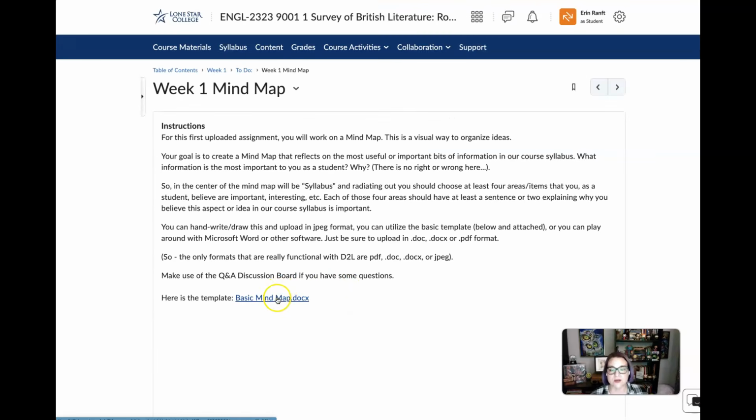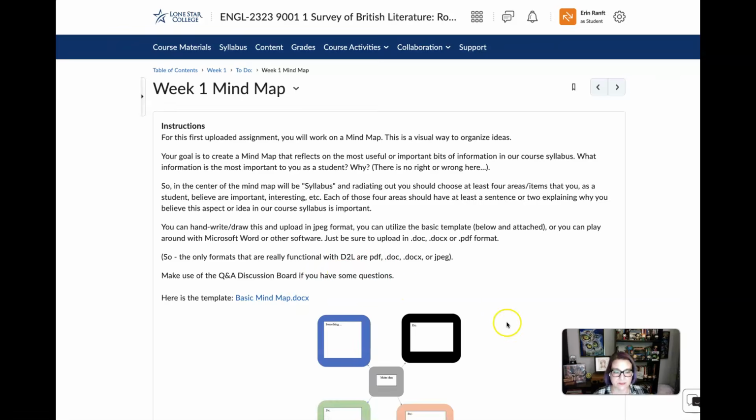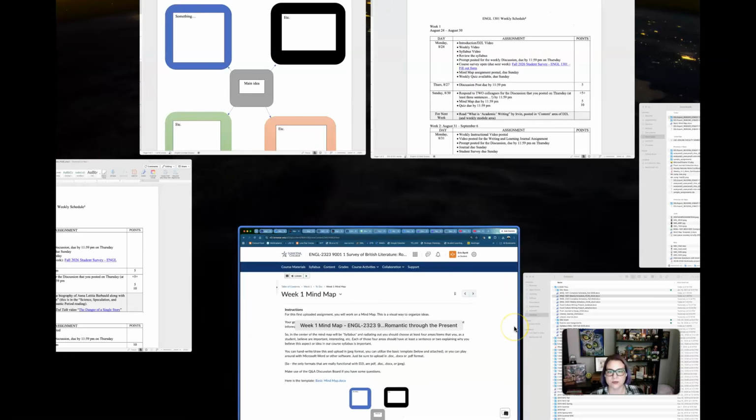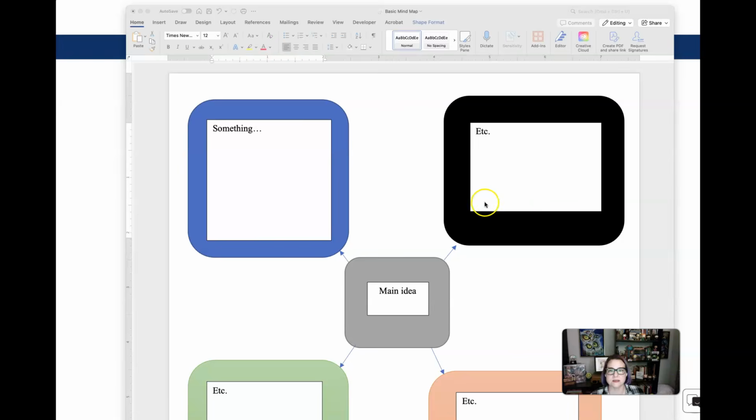I do have a very general template, but I want us to look at our specific syllabus and break it down, and I want you to choose 4 of the main sections or ideas that you find the most important as a student. I'm not looking for anything specific here. I just want to know what is important to you. This is what that basic mind map looks like. You would put syllabus right here, and you delete this and type in what you think is important from our syllabus.